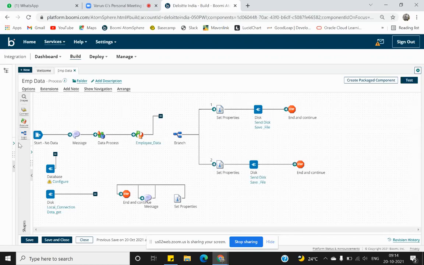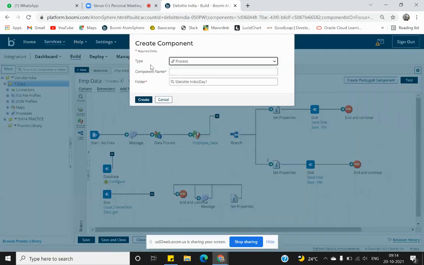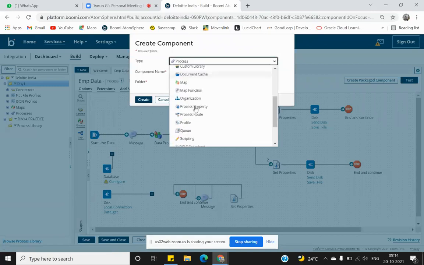So for example, if I have to create a process property here, I go in this folder, click on this sign, click on new component. In the type, I have to choose process properties.